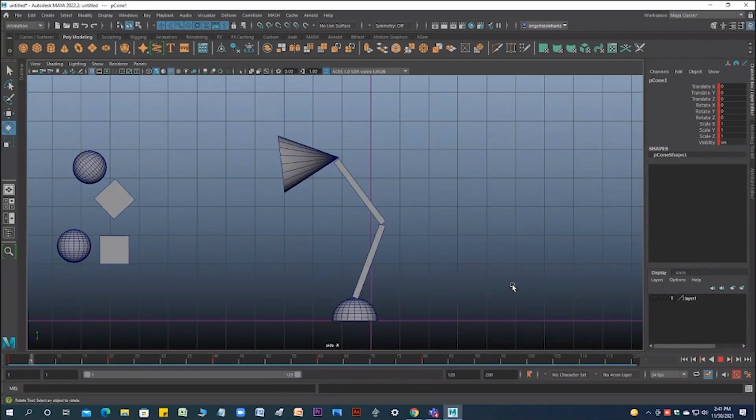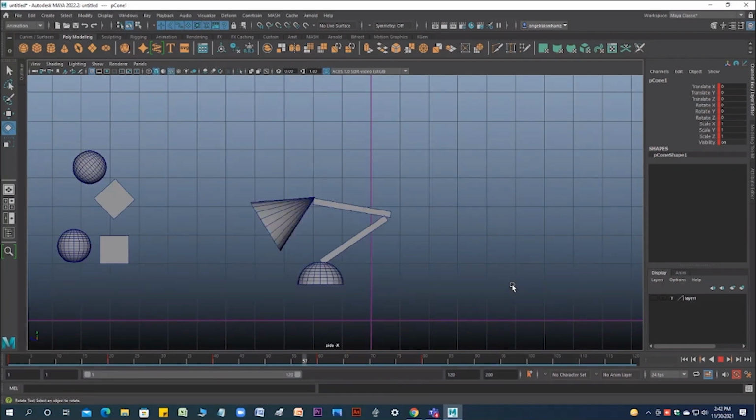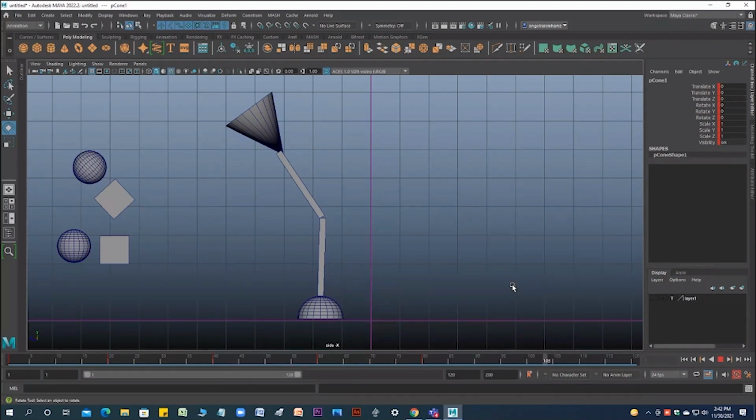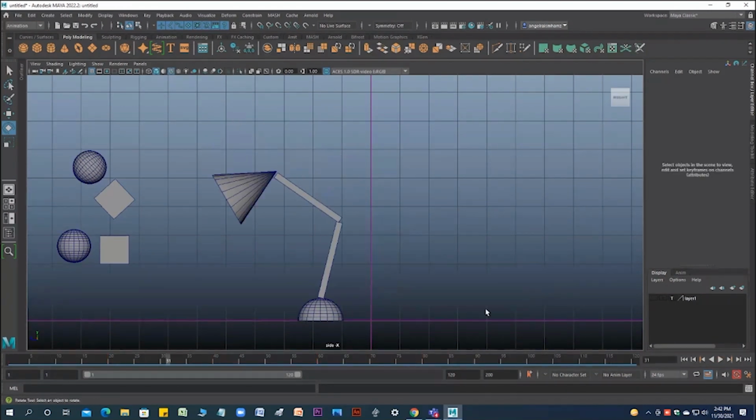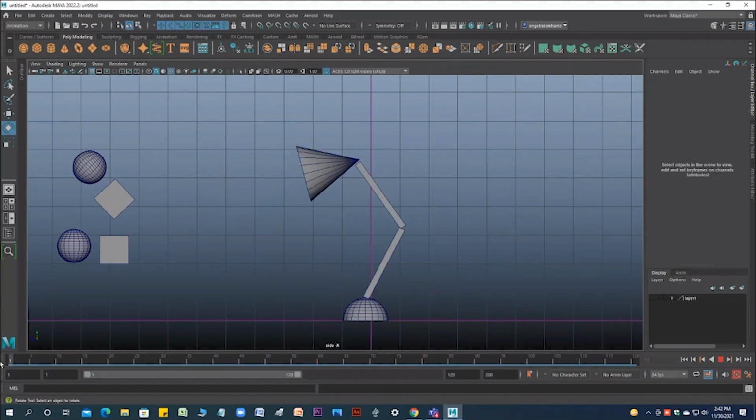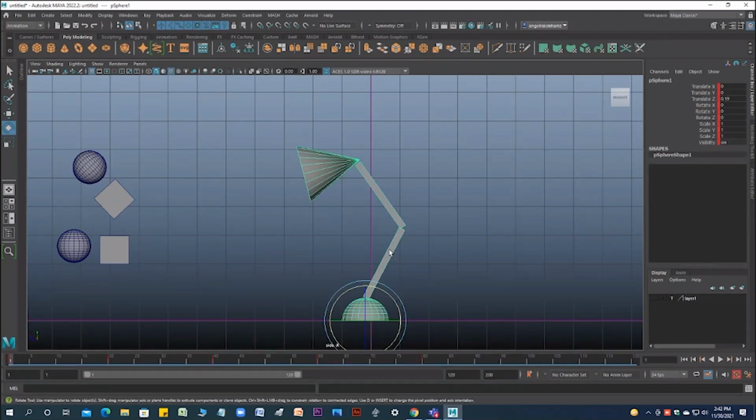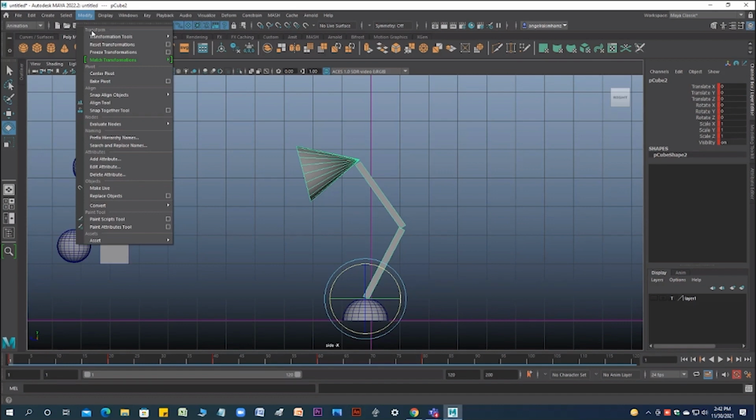Okay, so this is the environment of animation in Maya. Okay, so what we have learned today is that whenever you are creating something, if you want to fix the very first position, you have to go to Modify, Freeze Transformation. That location is going to be the very first position or origin position.